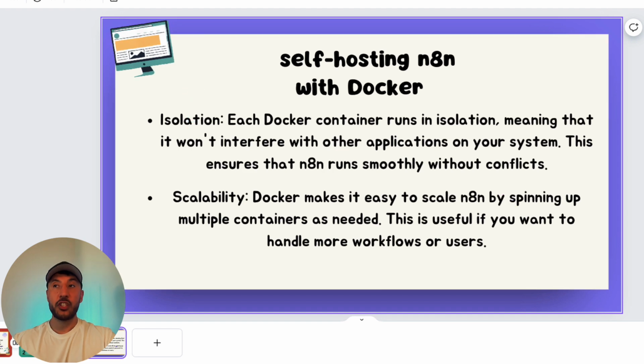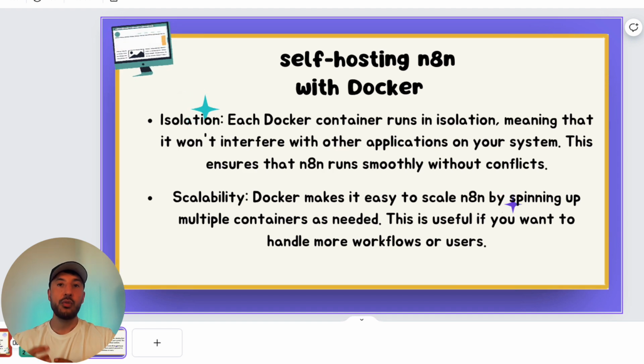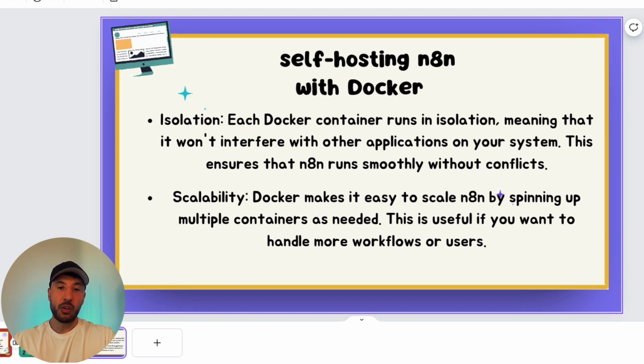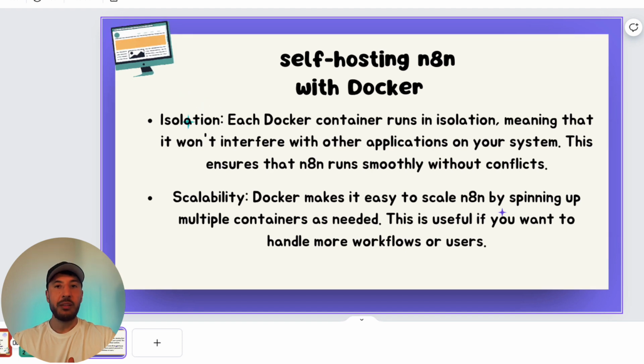Another big advantage is scalability. As you scale your operations in n8n, Docker allows you to scale and deploy multiple containers based on what your needs are, which makes it simple to handle increased workloads.